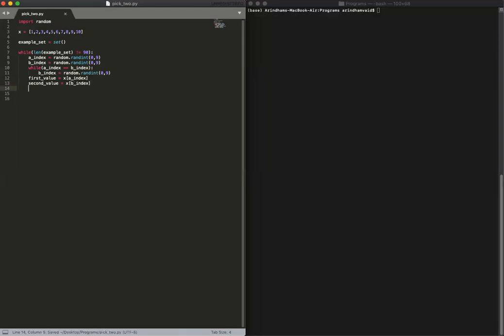Now, here's something interesting. Since we're using a set, we cannot put arrays into the sets. So what we're going to do is a little bit of manipulation here. So I'm going to do a comment in here. If our first value is anything other than 10, and then the second value is 10, we need to take into account